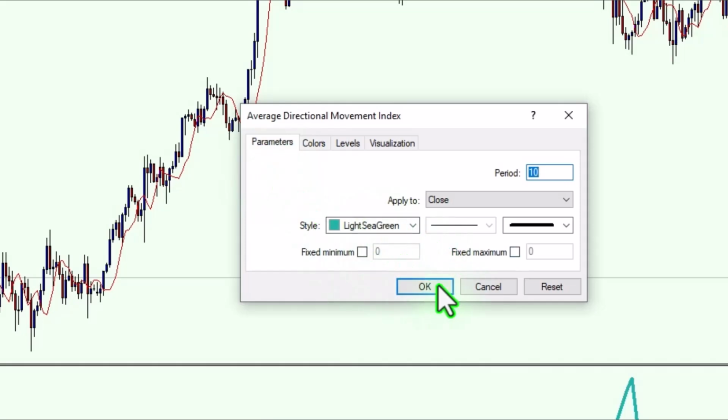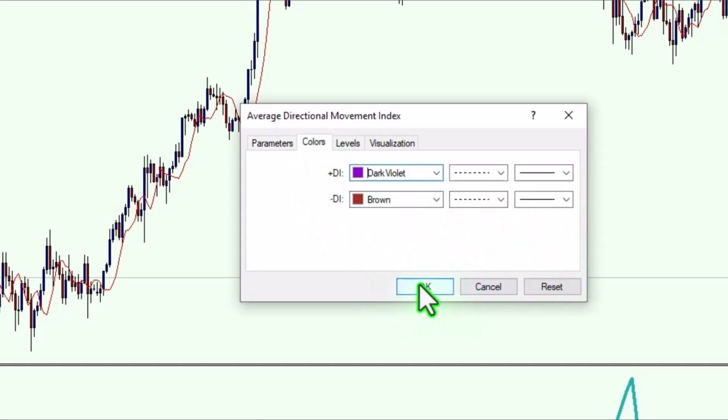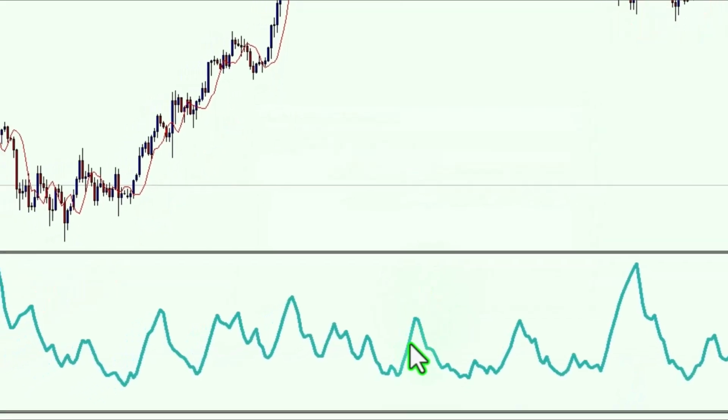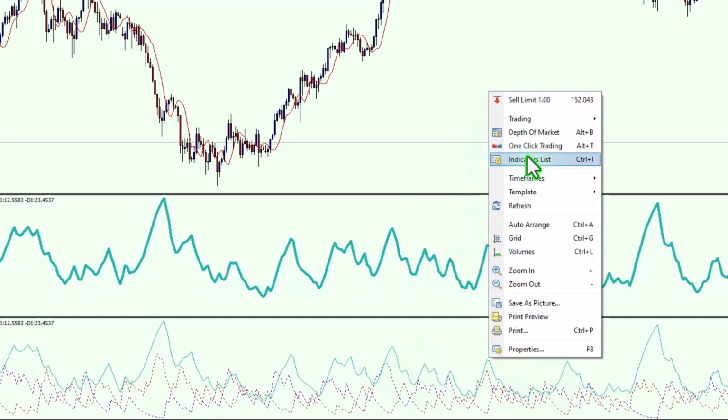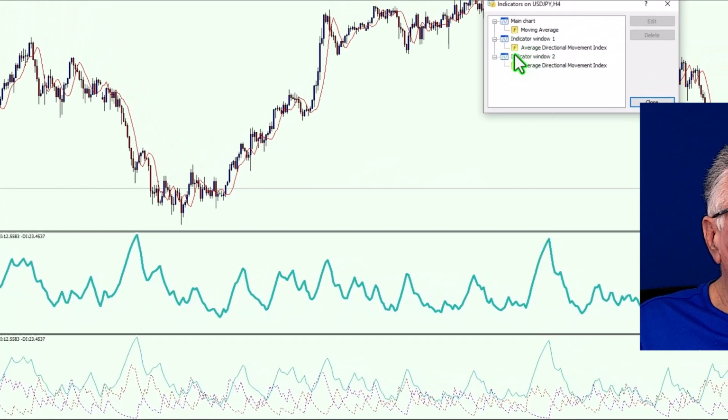I've made it, you will most probably find it something like this, and you'll have different colors there, and when you open it up it will look like what you see at the bottom here. So our trick is going to be to make this indicator look like the one at the top, and it's actually very easy. All I'm going to do is go into that second indicator, we'll go indicator list, and we have a window 2, which is the one at the bottom, and I'll go into that and I'll start editing the